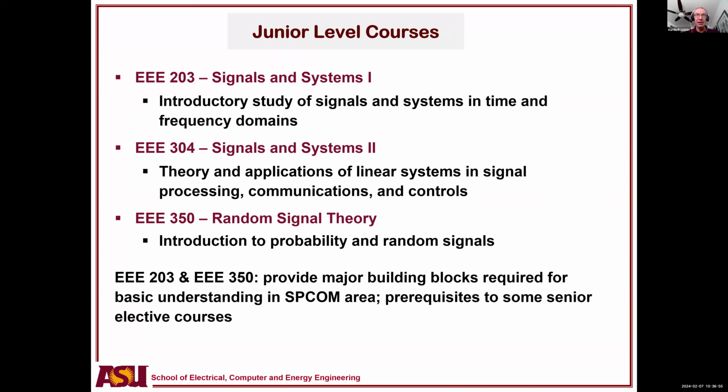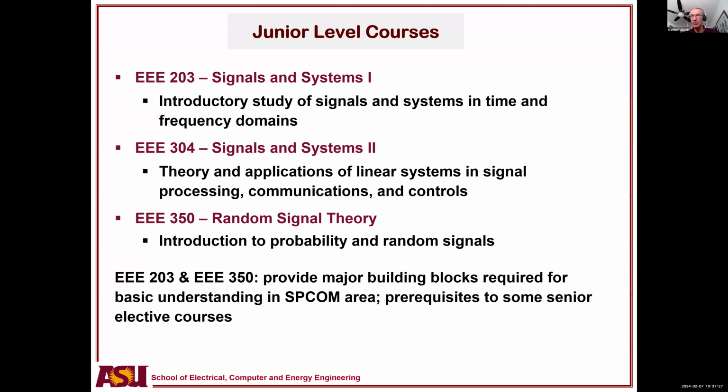Now, to the courses. So going in this area, the Signals and Systems 1 is the first pathway course. Then you follow up with Signals and Systems 2, the EE304, and then the EE350, random signal theory, is then leading further into this topic area. The 350s are very important. This is a very broad class, has then a lot of applicability across the broad engineering,